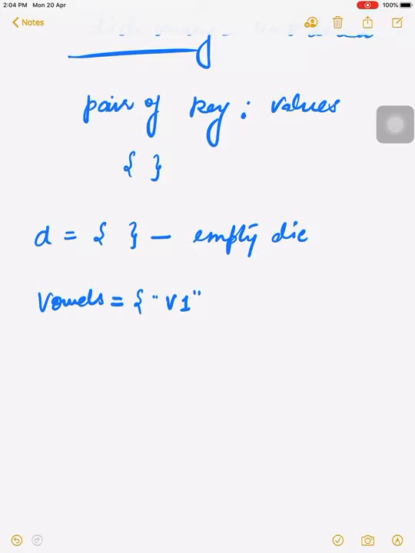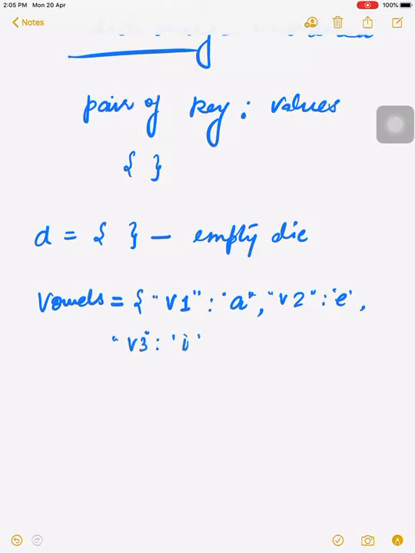But if it is of a type other than integer, like a character or a string, then you have to enclose it in single or double quotes. Here we have written V1, that is treated as a string, so we have enclosed this string in double quotes. Now V1 is A, for example.